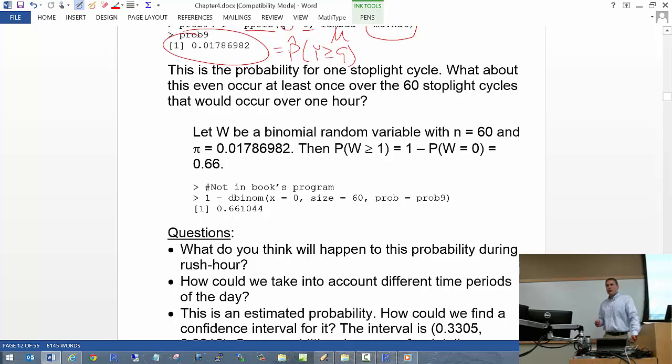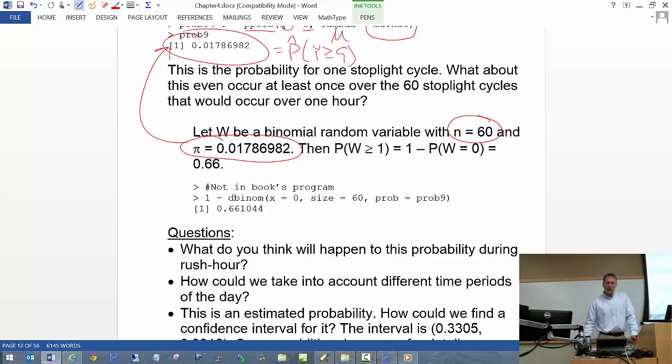So when you do that, you basically turn this Poisson problem into a kind of binomial problem. Depending upon what kind of stat courses you've had before this, in an 801 setting, you may talk about this or you may not. And since there's one cycle per minute, so like 30 seconds it will be red, 30 seconds it will be green at the Holdridge intersection, let's look at n equals 60 for the number of trials for a binomial. I'm going to set my corresponding success probability equal to what is estimated to be